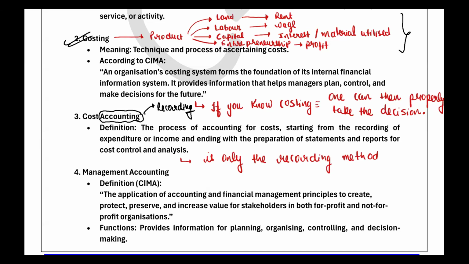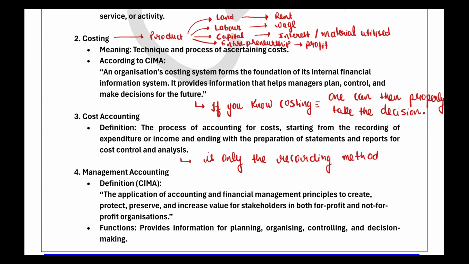So that's why, after costing, cost accounting has been established. Why? Because you need to record every data of different stages in one place, so that it will be helpful for your company to see that this much cost has been incurred, and whether there should be a reduction in the cost, or whether you should work in the same way that you are working, right? So cost accounting is very much important.